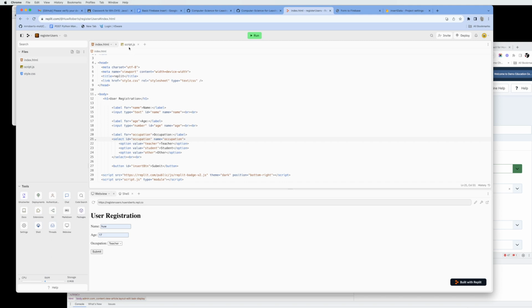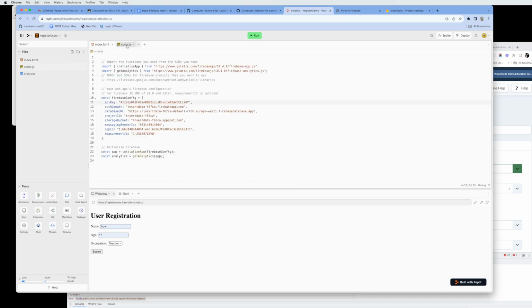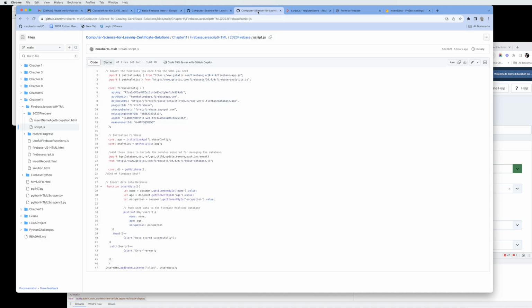Okay, so I'm going to move into my script page here, and we need to add a few little things to the Firebase configuration just to make sure everything works. So again, in my GitHub page, I've created a script.js file here, and what you notice is that I've got lines 20 to 22